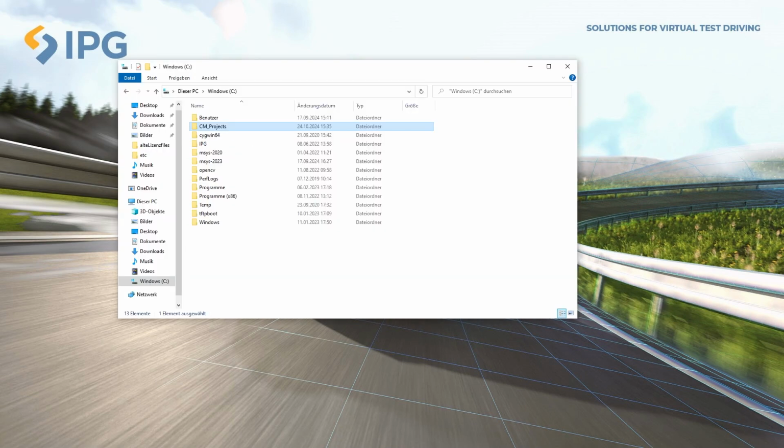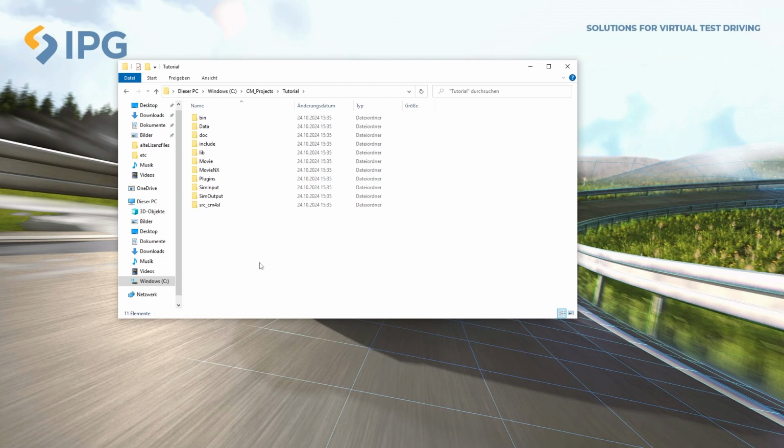By opening the Windows Explorer, we can navigate to our project directory. This folder contains your test data like tests and vehicles and your virtual vehicle environment, including your additional models, software modules, and connection to your hardware. You can collect all project data in one place and easily exchange it with colleagues or project partners. Please keep your project directories outside of the installation directory.